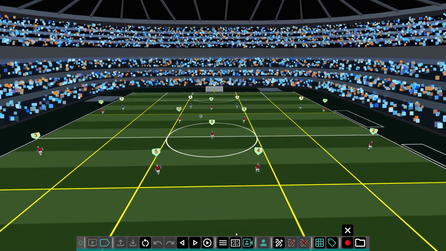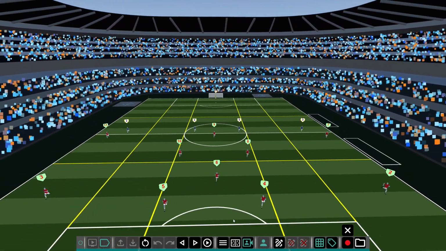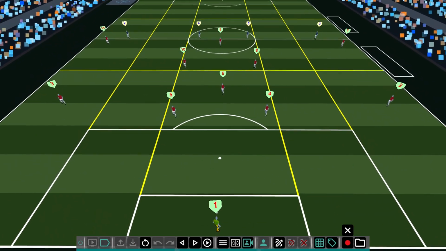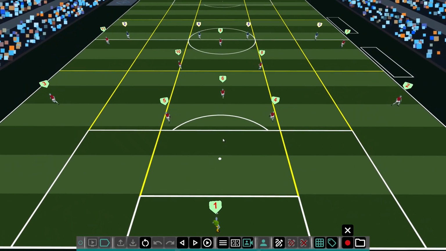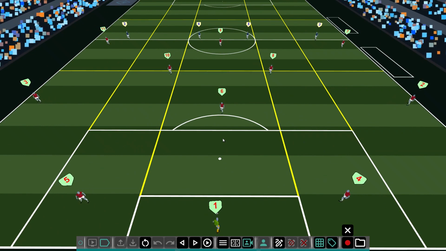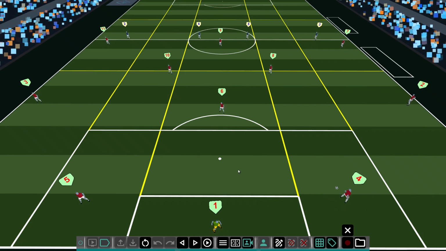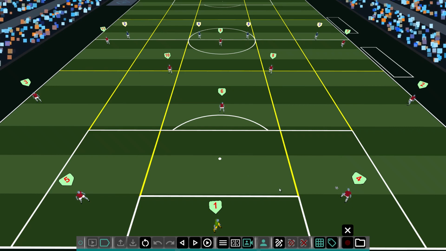So if we go back to our situation in deeper areas, we can see the goalkeeper has the ball. We get into a playing out from the back standard setup that you may see across the game at a lot of levels. We've moved the ball to the right hand side central defender, the red 4 in this instance. Now, I will have done previous videos on the 1-2-3 concept that link to this, but in simple terms, just to reiterate here,